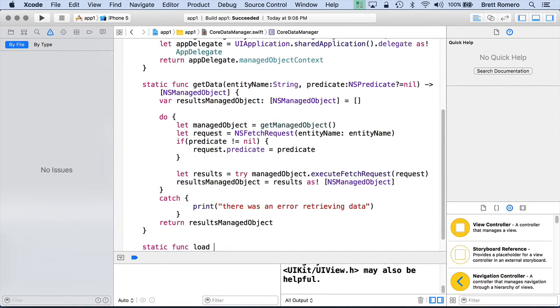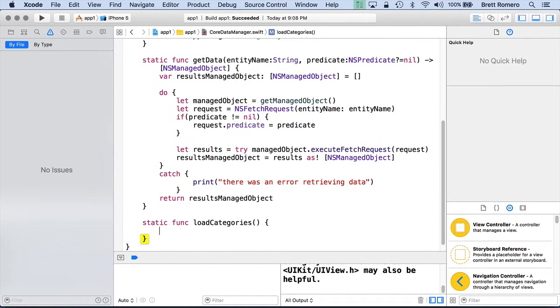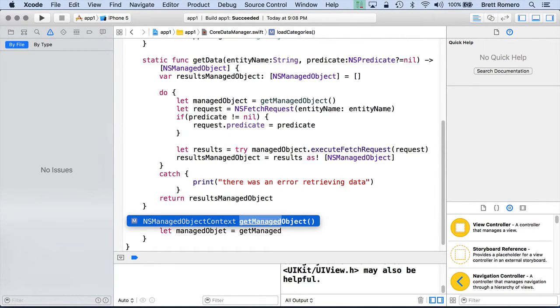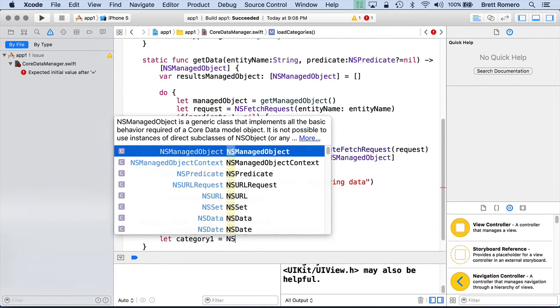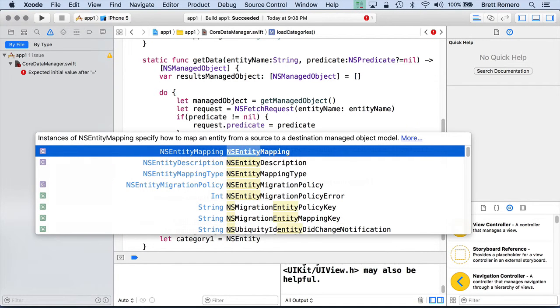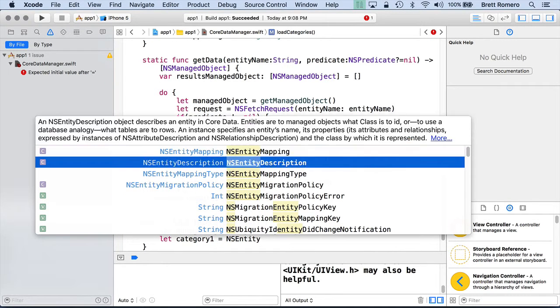So I'll call this load categories. And then we can declare the body of this. So I'll get a reference to the managed object. That's going to be get managed object. And let's see, we want a C here. So let category 1, so the first category, and this is what the syntax is going to look like. Let NSEntityDescription